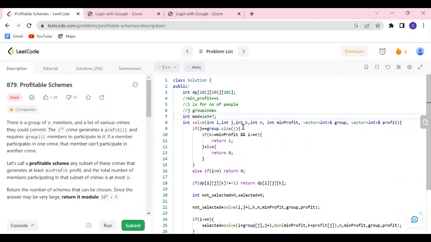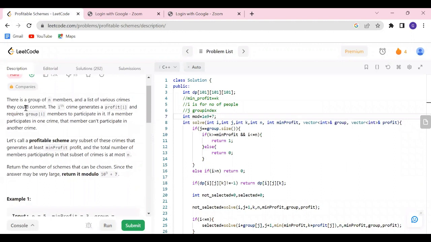Hello everyone. Today we are going to see a question called Profitable Schemes. This is question number 879 on LeetCode, and it is quite an interesting question. So what the question says is